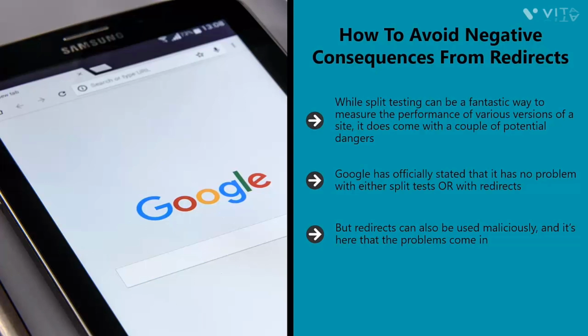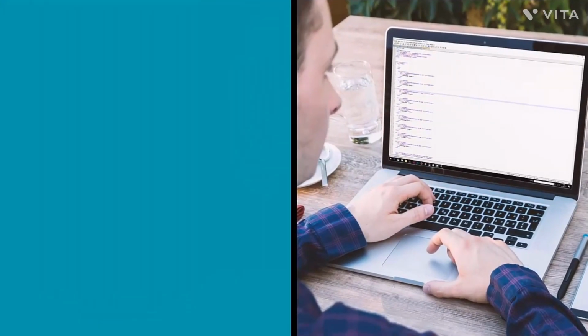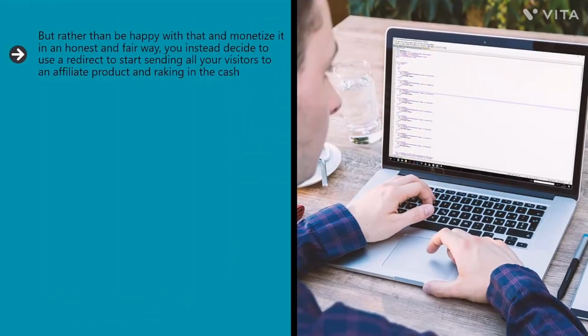Cloaking is a technique used by some developers in order to effectively trick users into going to a different page. So for example, you might create a website that provides free, valuable fitness information. Over time, you build that site to be highly successful and you begin to rank in the top for how to lose weight. Nice. But rather than be happy with that and monetize it in an honest and fair way,